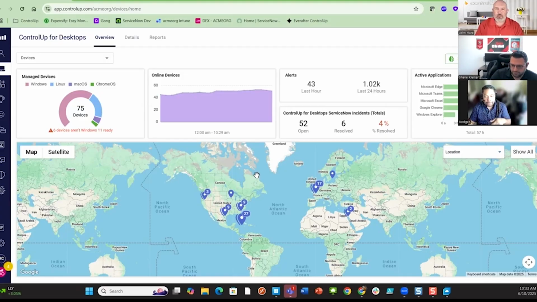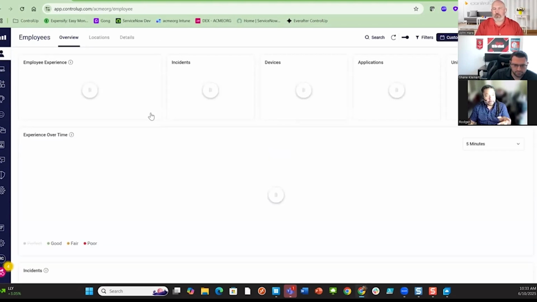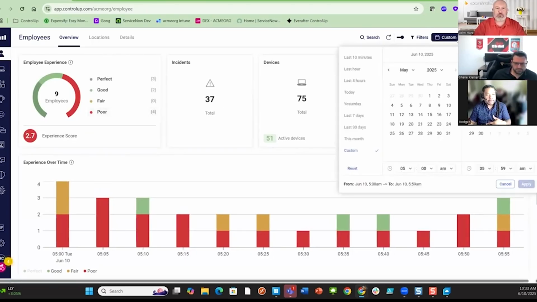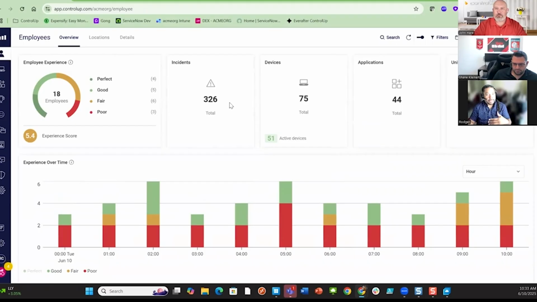DEX is not about the machine. DEX is about the user. So here is my employee dashboard where I'm looking at the users in my environment. Let me change my time frame here to today. So this is my users in my environment today, how the users are performing.